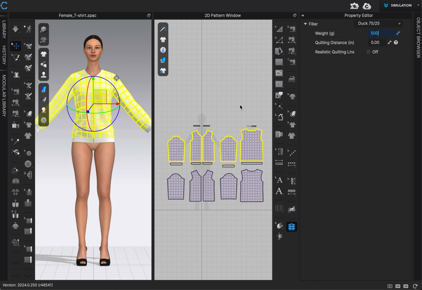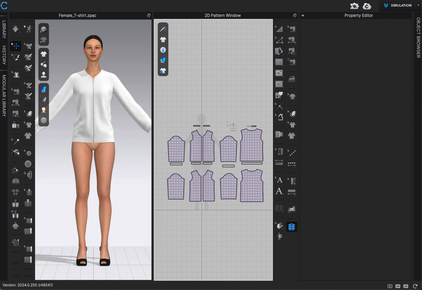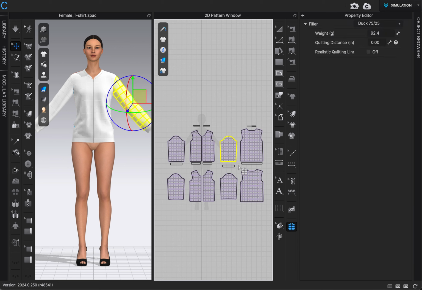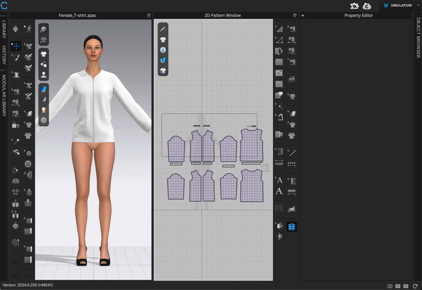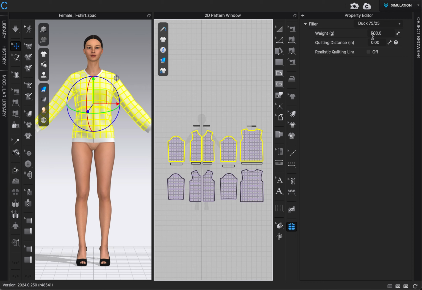So if I typed in 500 while I have them all selected, then I go in, I select one of them, and you can see it distributed it based on the size of the pattern. So if you want a piece to have an exact weight, then you could type it in, or if you have a weight overall that you want it to be, then you can type that in and it will automatically distribute it. But I'm going to select them all again,